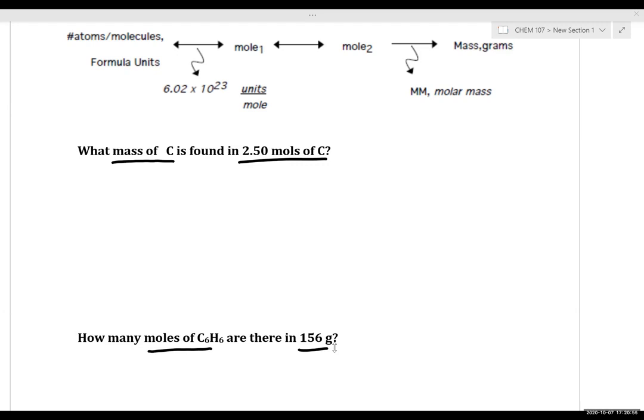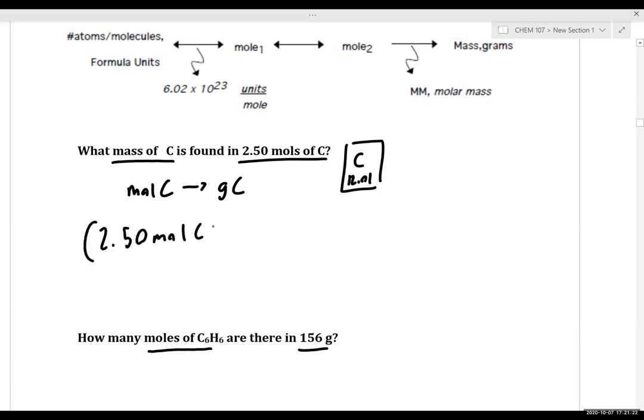So let's talk about this example. We're asked what mass of carbon is found in 2.5 moles of carbon. So let's set up our solution map. We are trying to go from the moles of carbon to the grams of carbon. We know from the periodic table, carbon has a mass of 12.01 grams per mole. So if we have